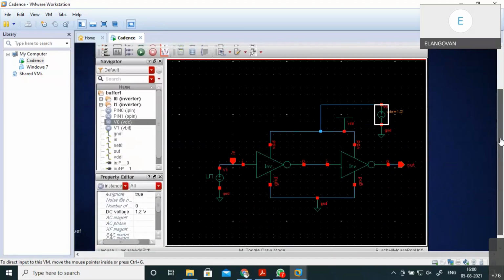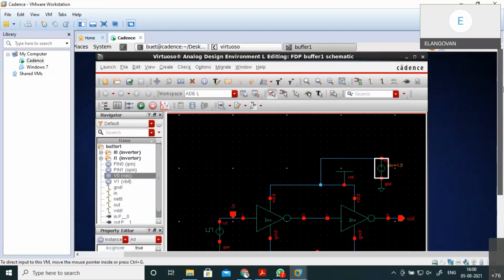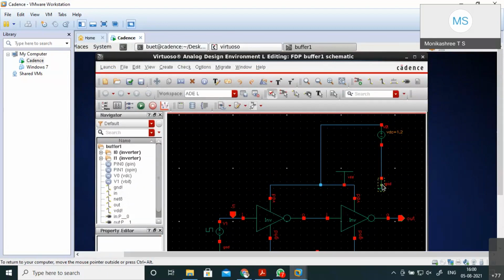Suppose possibly tomorrow. Sir, that 1.2 volts, which one? That should not be connected. It is attached to that line. Drag it down. It's connected, but these two lines are touching. Just drag it down, that upper one, 1.2 VDC.